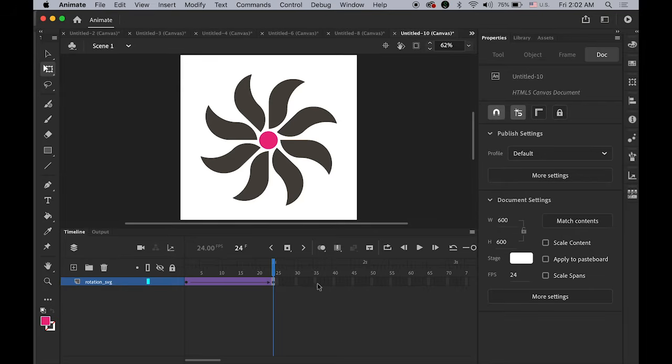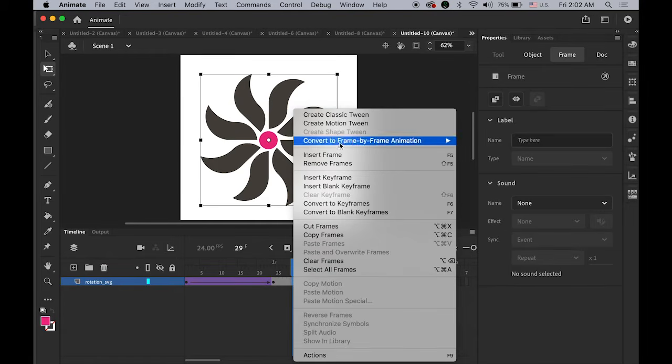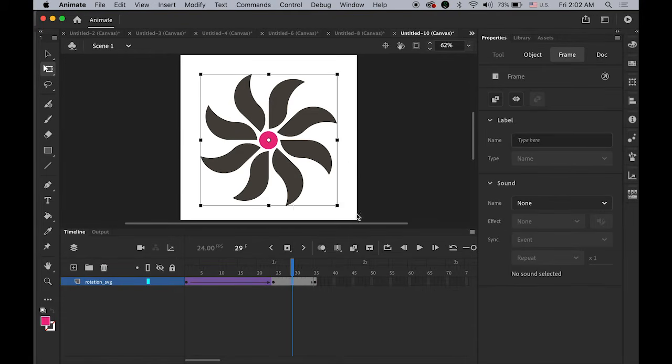Now highlight the frame number 35, maybe about 10 frames. Insert the keyframe. Okay. Now select any frame in between. Hold down the control key or right click and choose the classic tween. On frame number 35, the last keyframe, with the free transform tool, I'm going to